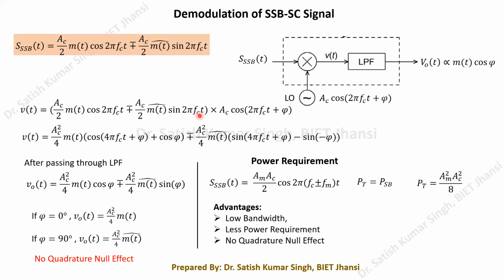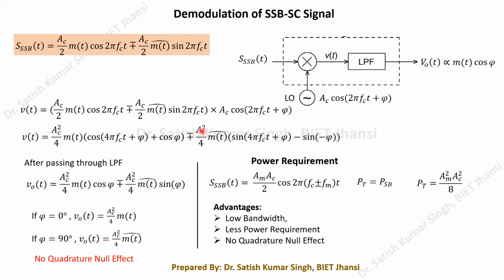Then this expression is again going to give you m^(t), which is nothing but the Hilbert transform of the message signal, m^(t). And then again it is going to give you 2 sin A sin B, the 2 sin A cos B formula. That will be your sin(A+B) minus sin(A−B). So that trigonometric formula we have to use.